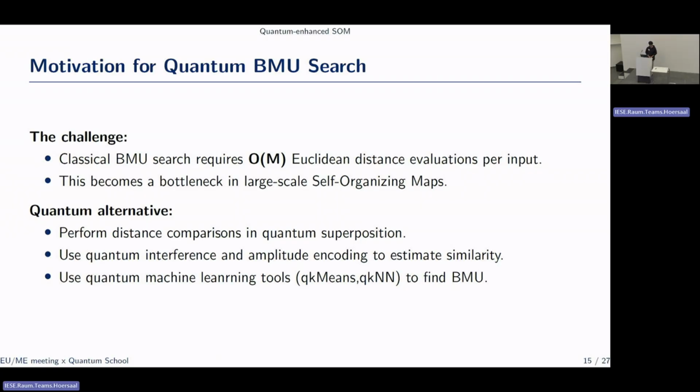So we can choose a quantum alternative. We can perform the distance comparison in quantum superposition, for example using quantum interference and amplitude encoding to estimate the similarity, or using quantum machine learning tools like QK-means and QKNN